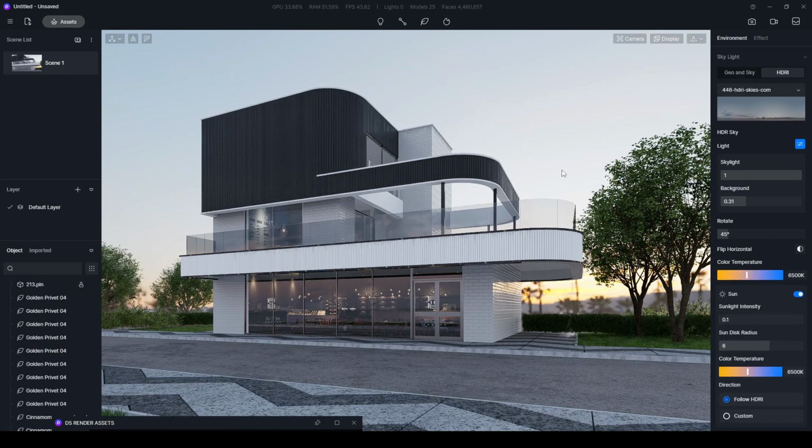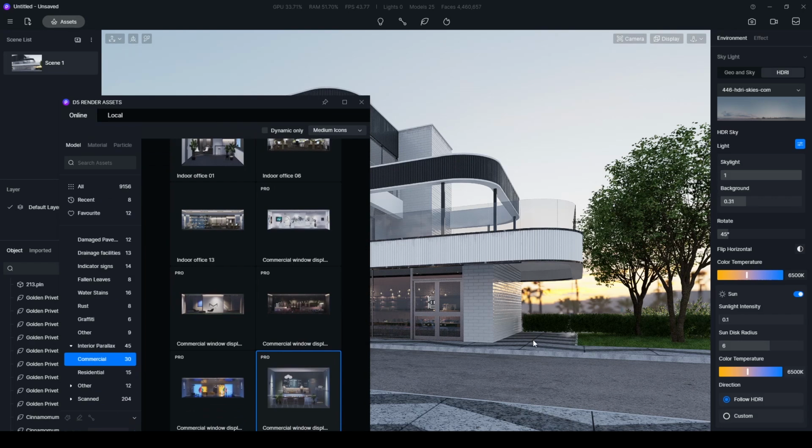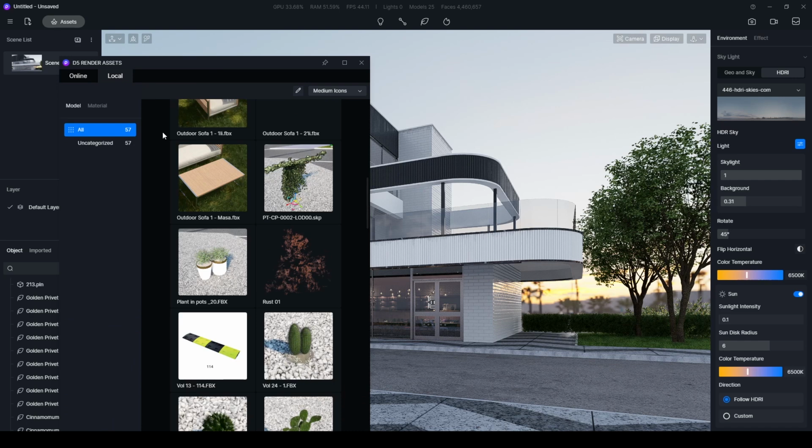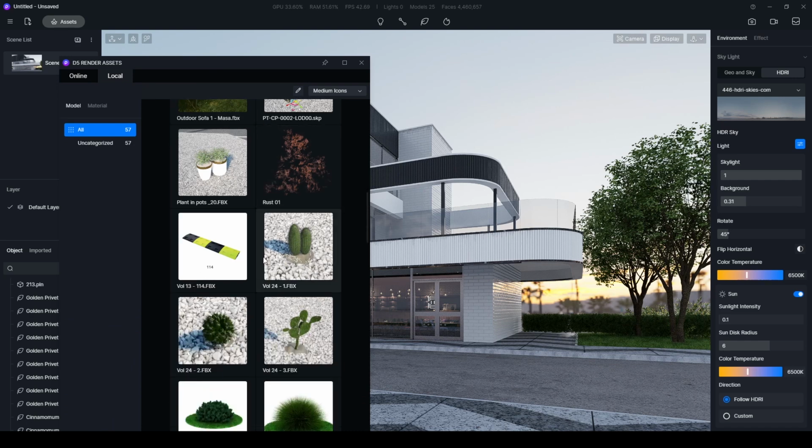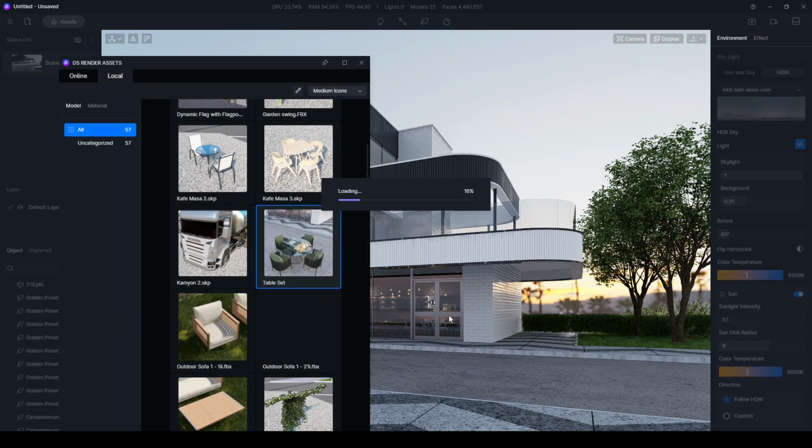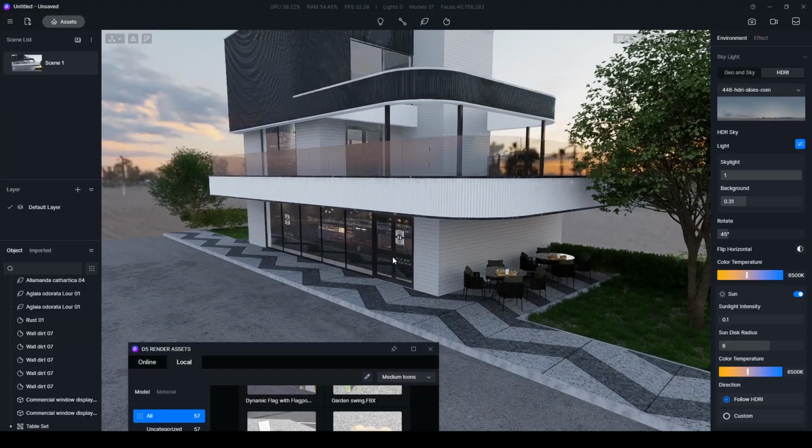One step further, you can add more furniture objects to make your scene better. I'm going to place a table and chair here. I'm going to use the local browser to make this. There we go.